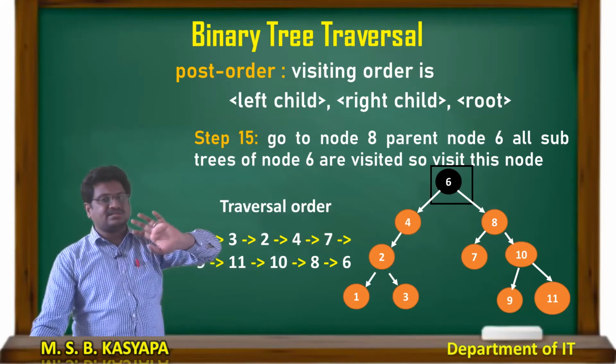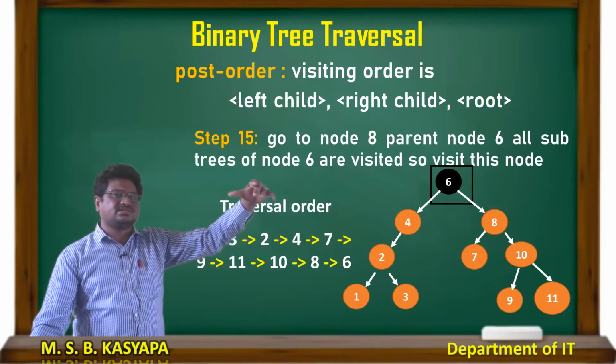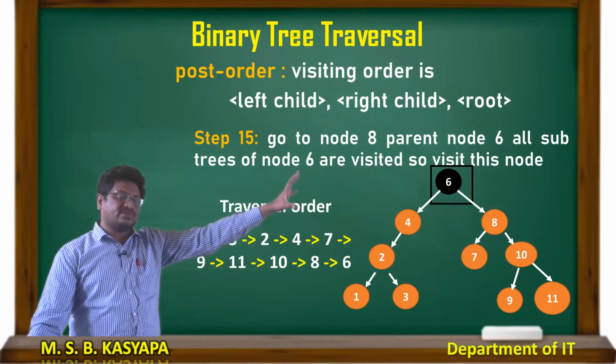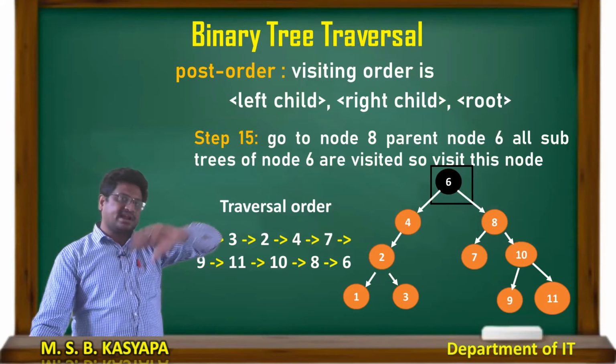After completion of the right subchild, it again came to the root node. Now it is checking whether left and right are completed. Yes, it is completed. Then only it is coming to the root node. So after coming to the root node the second time, or coming from the right child, then it